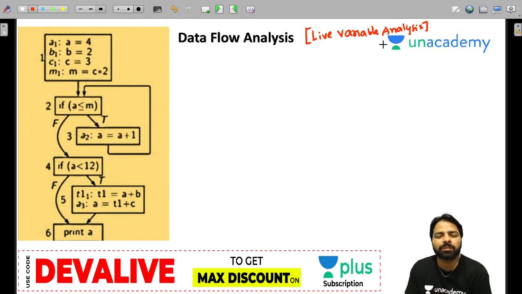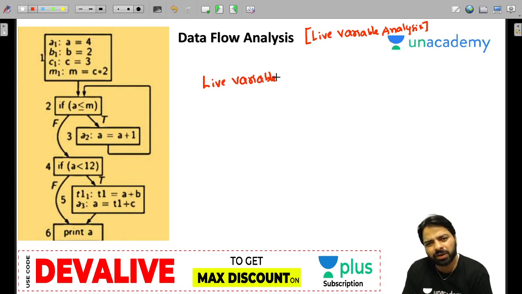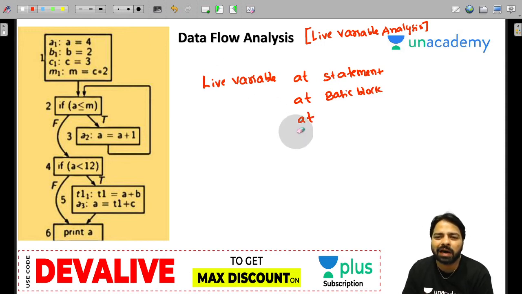First, what is live variable? You must understand first what is live variable. Live variable can be computed at statement or at basic block or before or after statements.